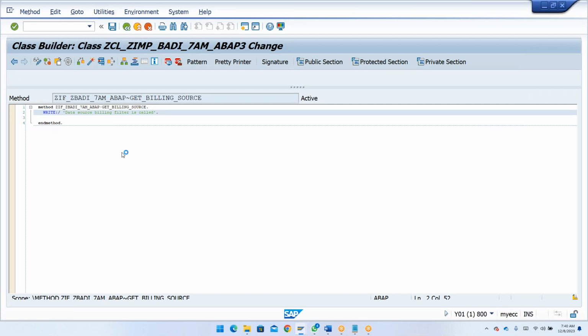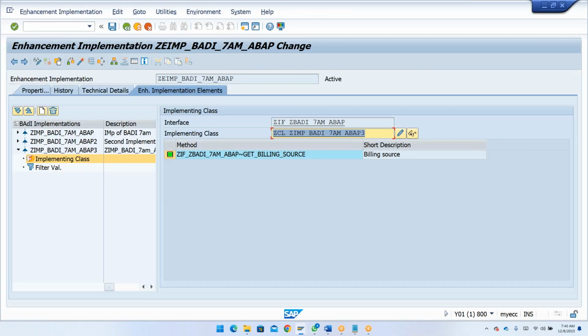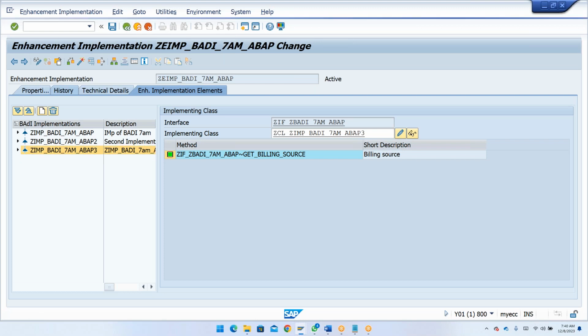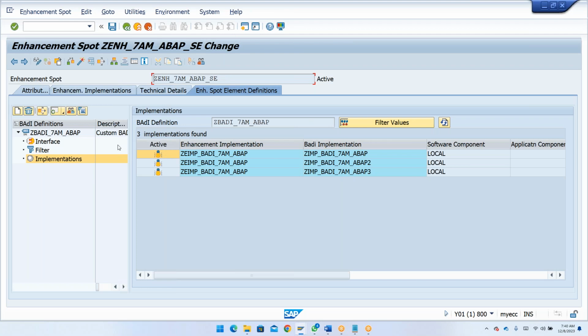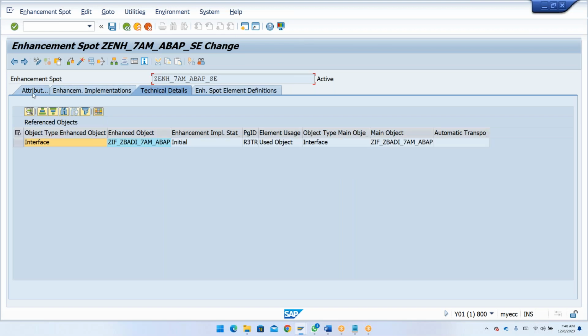Now go back. So for one single BADI, we have created 3 BADI implementations. So this is your enhancement spot. Now see here, for this BADI, how many implementations are there? 3 implementations. All these 3 implementations will be called. But if I go to the technical details of this BADI, sorry,